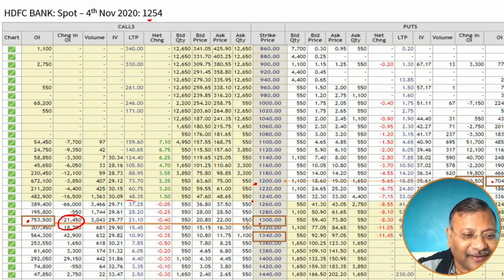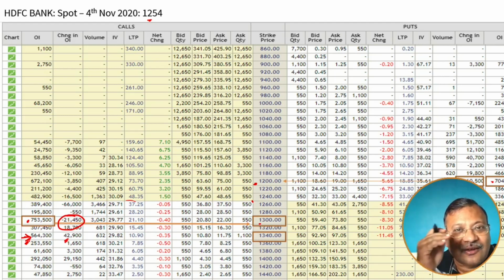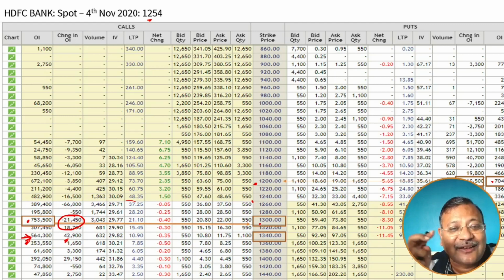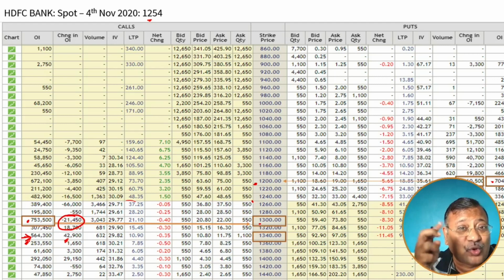Now, if you look at the change in open interest, you'll notice that the next highest change in open interest is at this point, and the next highest open interest is also at this point. The story emerging from here is that originally 1300 was the resistance level, but now people are changing their views because the change in open interest is negative at 1300, and more and more sellers are forming the view that the resistance could be at 1340 and not at 1300, which means the price could move above 1300 up to 1340, right? This is the view that is coming out.